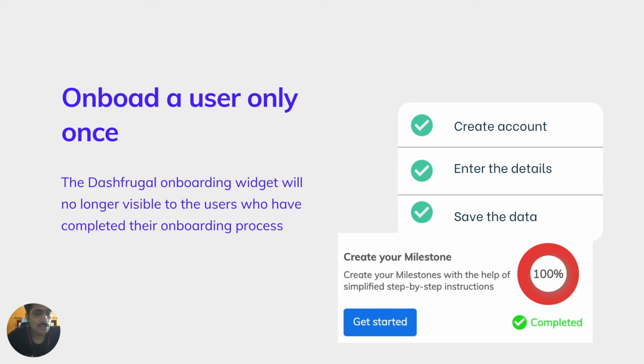So within the new feature update, once the user has completed 100% of their onboarding journey, the widget, including the widget launcher, will not be there in that particular account.